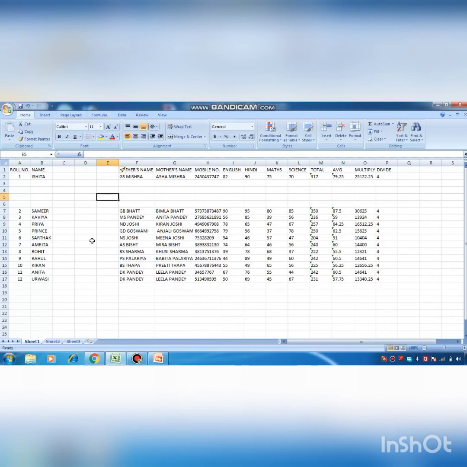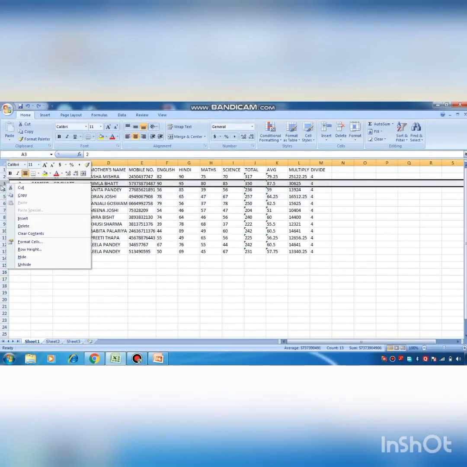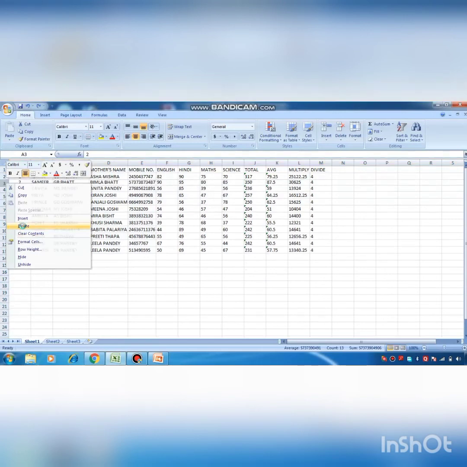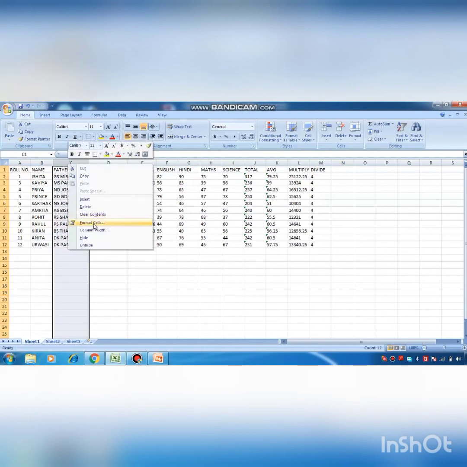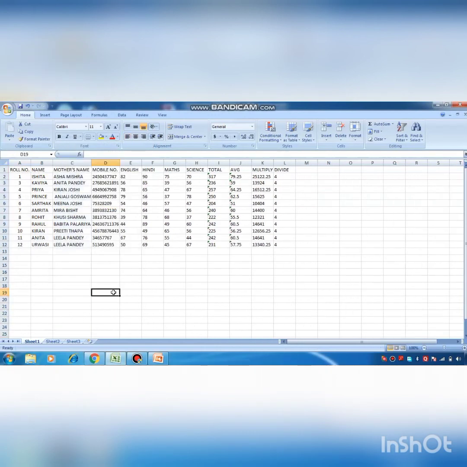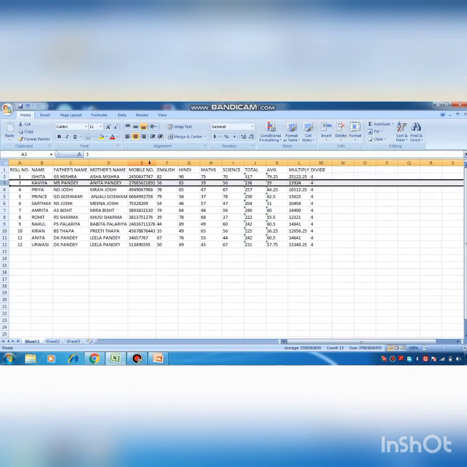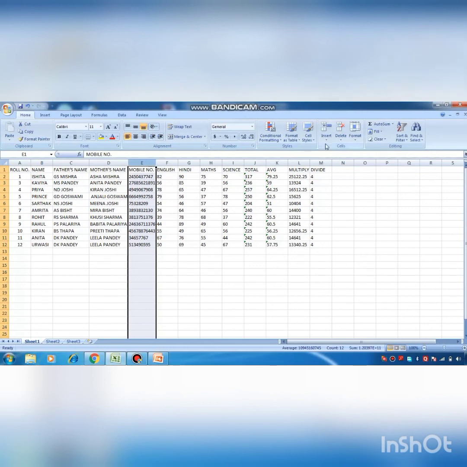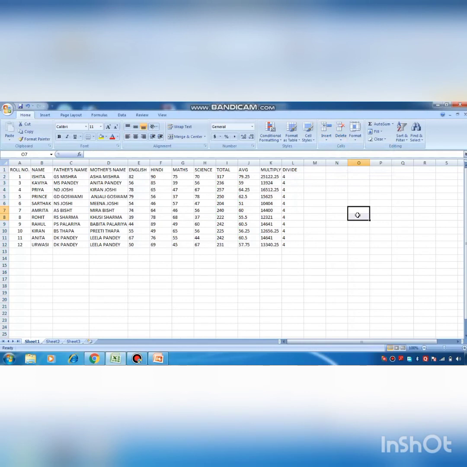Clear? Now the next is how to delete the inserted rows and columns from our worksheet. It is very simple, students. To remove a row or column, we click on the row header, right click on it, and click on the Delete option like this. If we want to delete a column, we click on the column header and select the Delete option. Another way is under the Cells group in the Home tab, where you can select Delete Cells or Delete Sheet Rows. And if I want to delete the whole column, I can select Delete Sheet Columns like this. Hope you all are clear with all the practicals.